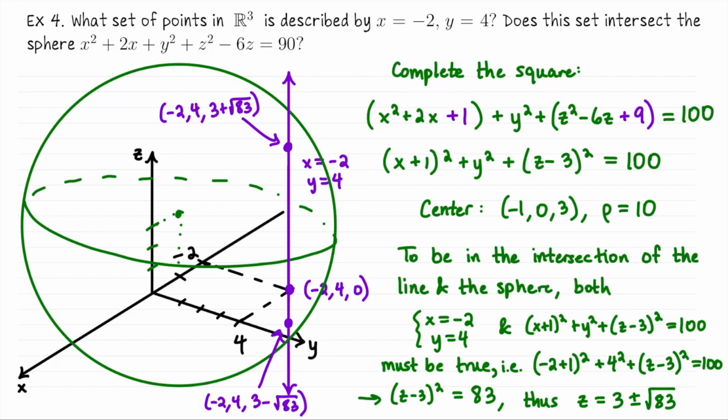And the answer is, well, if you imagine this line was way off to the right, then it's quite possible that the line and the sphere don't intersect at all. So you could have 0 points of intersection. How would you have spotted that with the equations? You might end up with something like (z minus 3) squared equals a negative number, something that couldn't be true. So there would be no solution to trying to have both sets of equations simultaneously true. You could have exactly 1 point of intersection if the line is kind of lying tangent against the sphere.